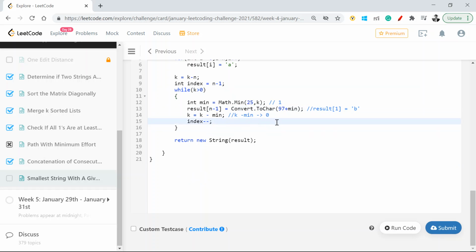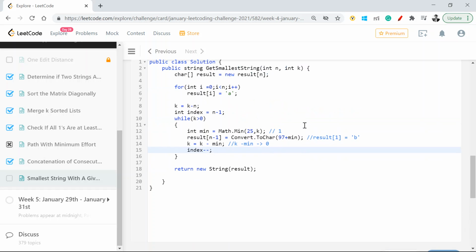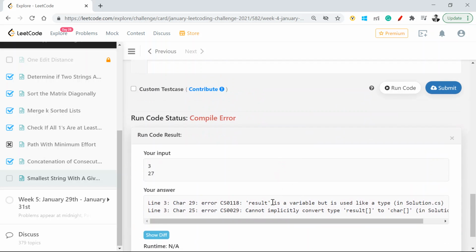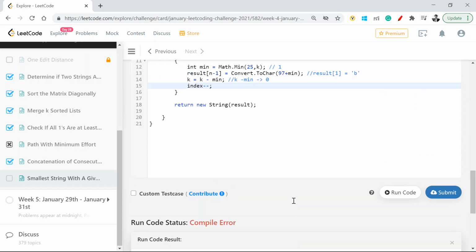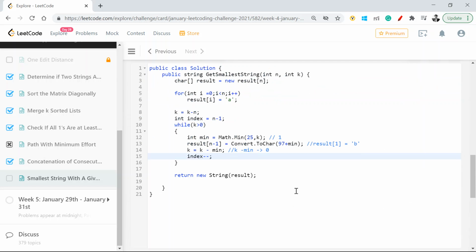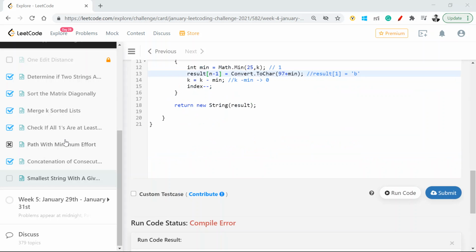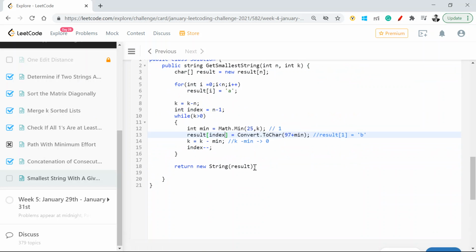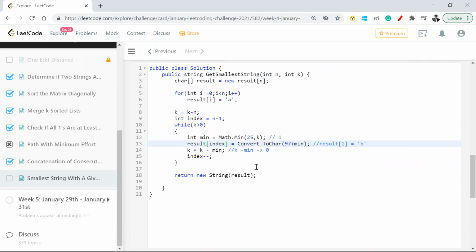I believe this would have been self-explanatory here. Let's try and run this code and see what happens. At least that's the intention. It should work fine, but let's see. Okay, it didn't. I got an error which is saying result is a variable, but it is used as a type. Let's see, where did I go wrong? One place which I can see is, while talking, I missed this, because I created an index there, so that should be this. So one thing was this one. Let's see if there's any other mistake.